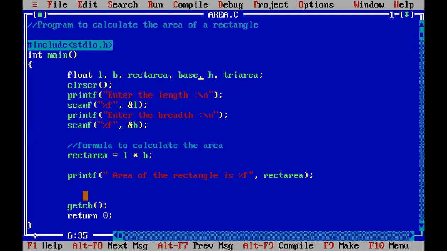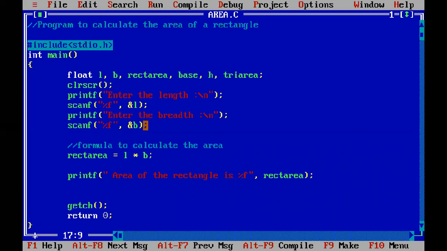Okay, so as I said, wherever you want to write, just make sure that the variables must always be declared at the beginning. Whenever you are using any variables inside the program, you have to always do it at the beginning. The rest of the statements you can write wherever you want to. Just as I have tried to read the variables here.